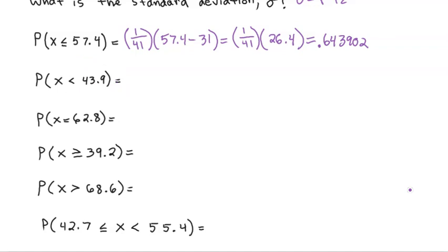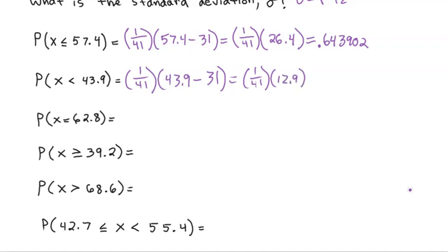Well, since this is a less than, it's going to be identical to this less than, only instead of having a 57.4 here, we're going to have a 43.9. So it's going to be 1 over 41 times 43.9 minus 31. Okay? So 43.9 minus 31, that's going to be 12.9. So we're going to have 1 over 41 times